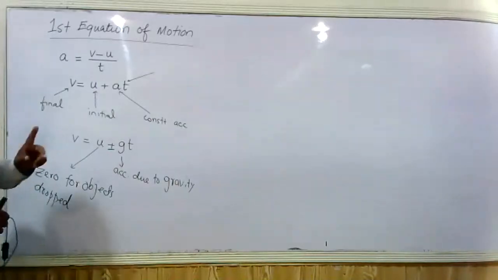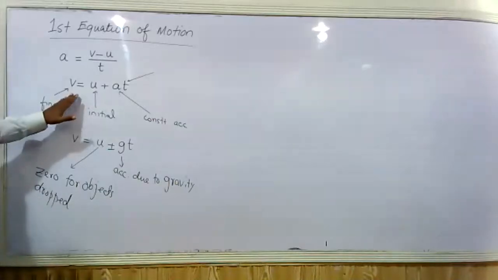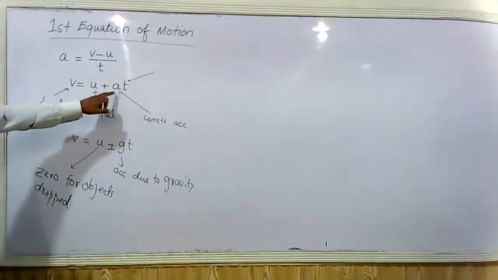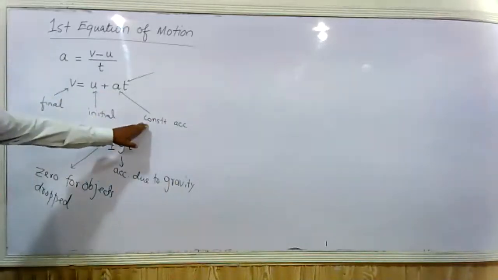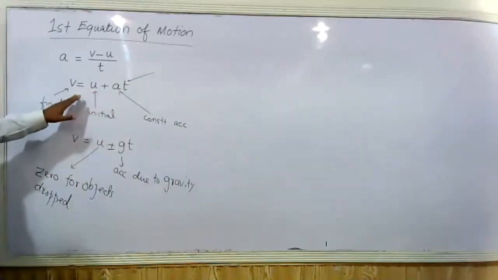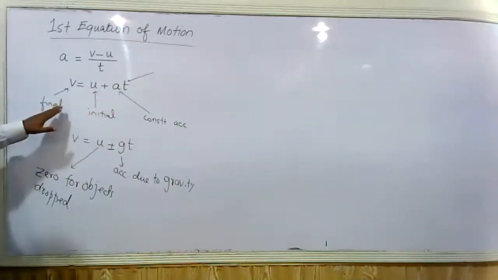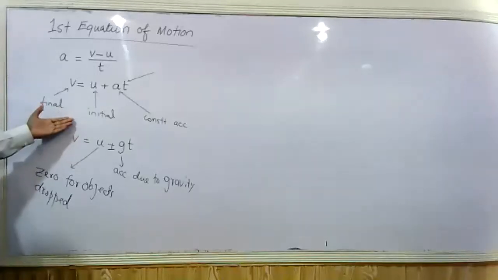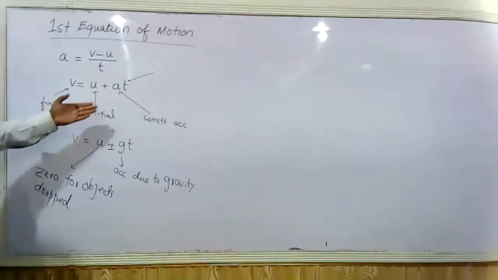I repeat again, this equation contains an acceleration which should always be constant, otherwise this equation cannot be applied. Initial velocity and final velocity may be known, and they ask you to calculate the time for which the object has moved. Let's say the